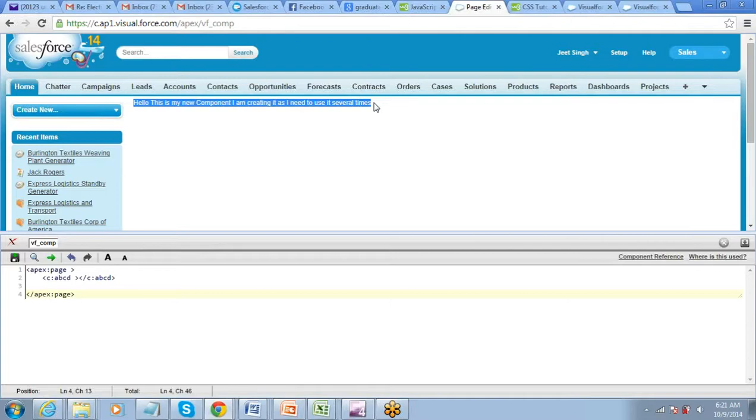Fine. So that is how it is. So instead of making your code lengthy here, every time writing big things here, just create a component and keep on referencing that component here. Simple. So that is how we create components on Visualforce.